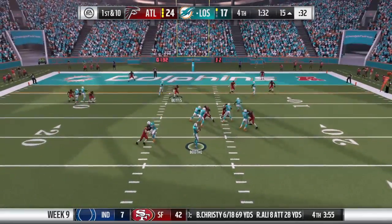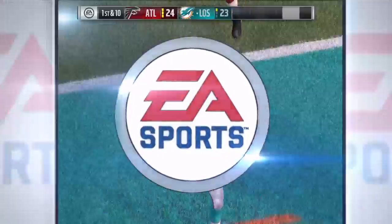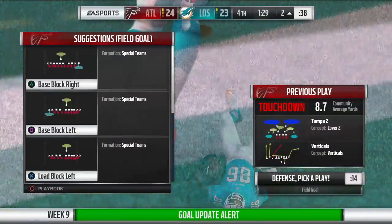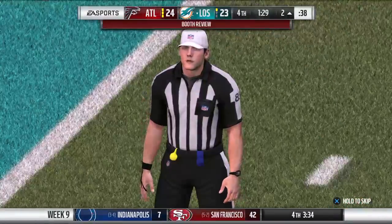Yeah, interesting. Back in their own territory. Now we'll see what transpires. He's got it. Touchdown, Dolphins. And, Charles, a moment that will never be forgotten. You're looking at the new career receiving touchdown leader. And I love some of these records because a record like this one, you can...